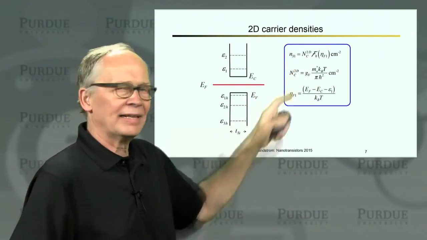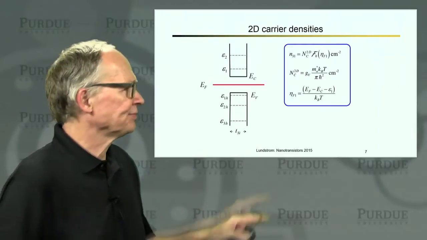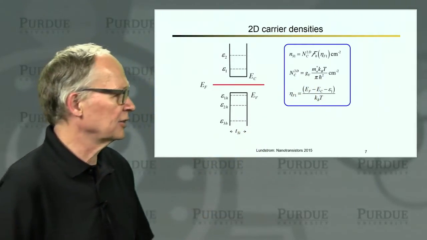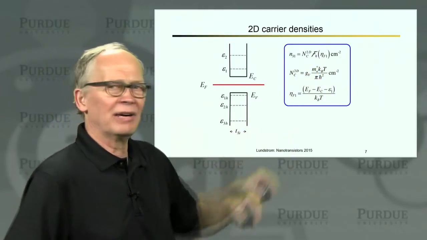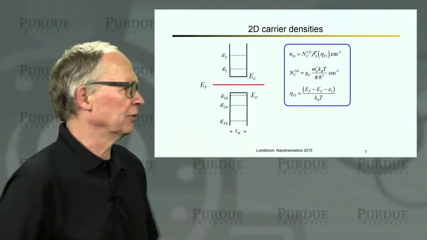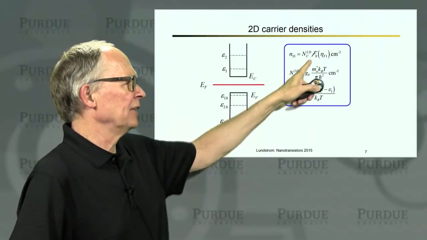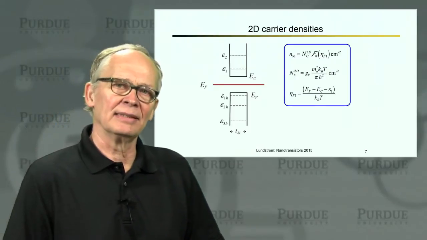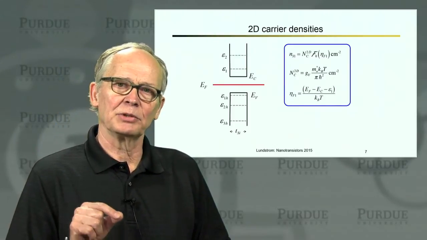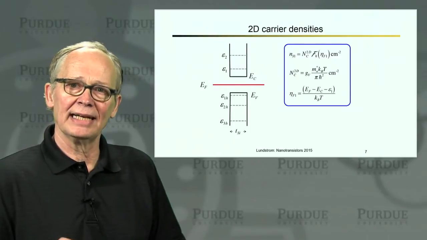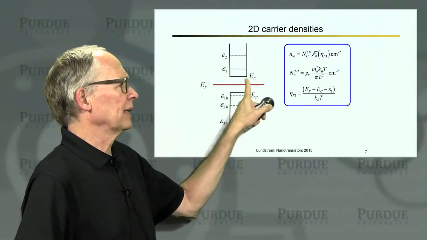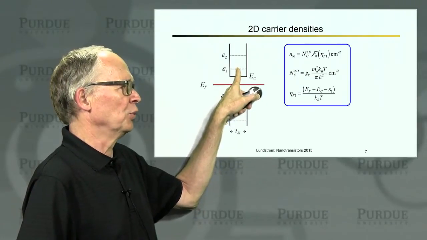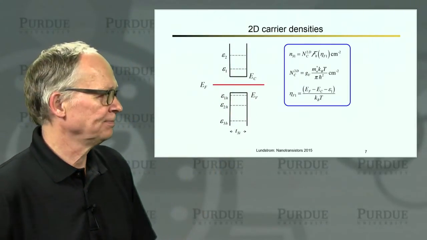There's a constant effective density of states in 2D that is related to some material parameters like effective mass in the conduction band. And then there's a Fermi-Dirac integral when I do this integration over the density of states properly. And the argument of the Fermi-Dirac integral tells me that the electron density depends not on where the Fermi level is with respect to the bottom of the conduction band, as it does in the bulk, but with respect to the lowest energy that the electrons can reside in, which is epsilon 1 above the bottom of the conduction band.